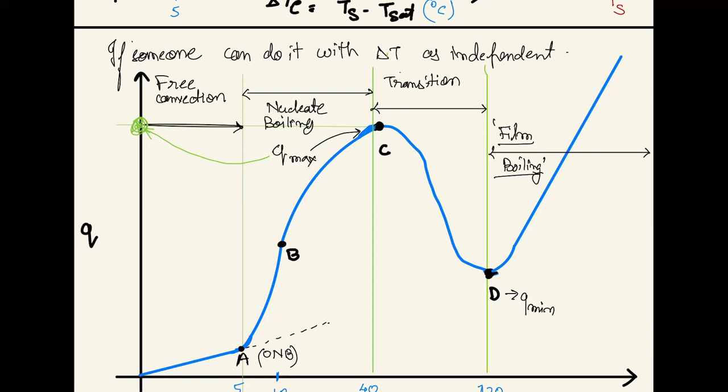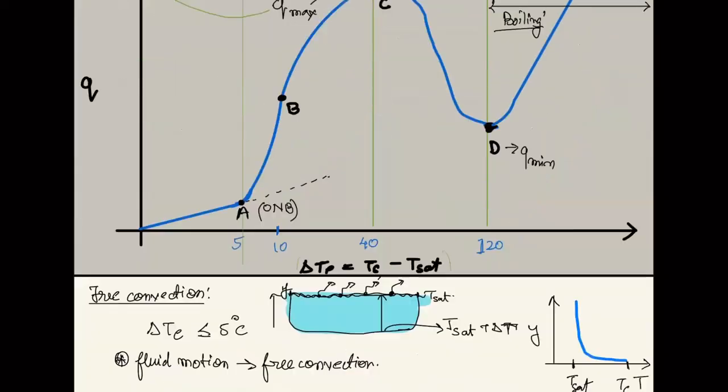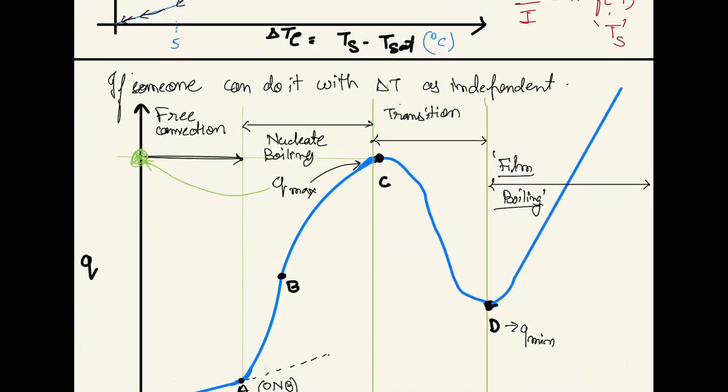All right, now with this we cover all the 4 regions of the boiling: free convection, nucleate, transition and film boiling. What are the implications of that? What is the physical interpretation of each case, what is happening over there, and so on. So are there any doubts until this particular point? Okay, everyone's saying no, no doubts.